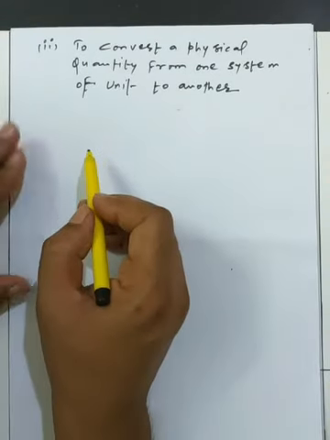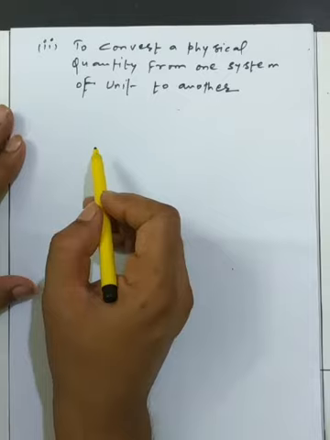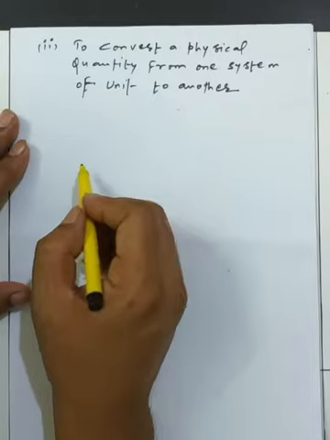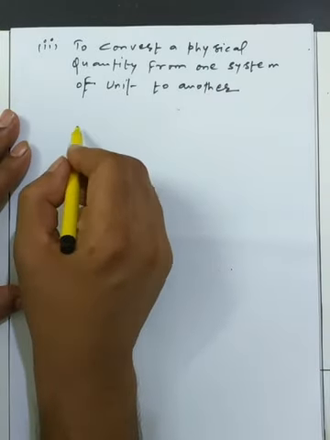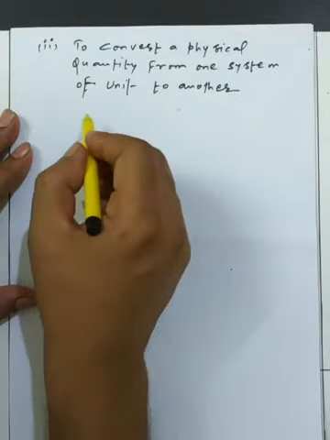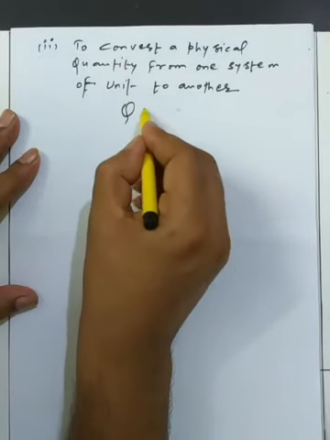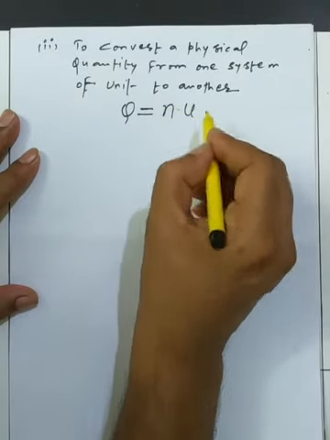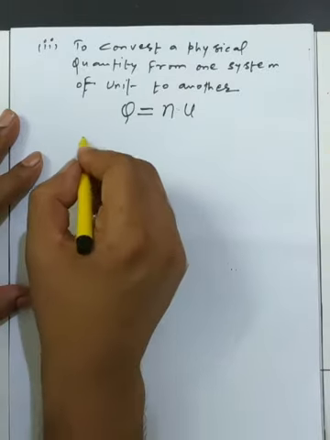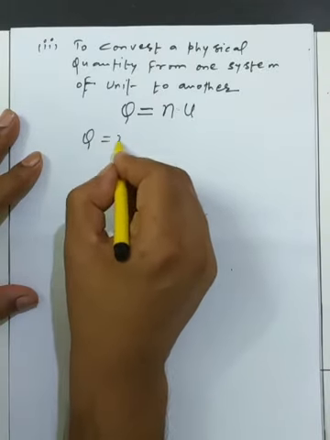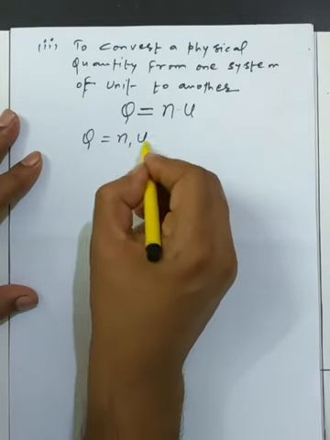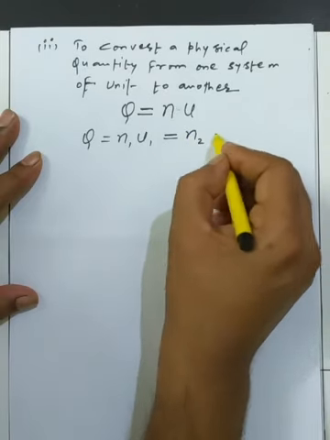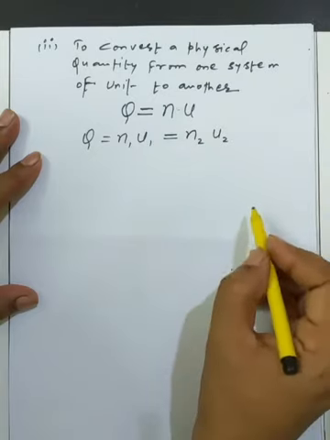Now dear student, we have the second application: to convert a physical quantity from one system of units to another system. Generally, we take a formula which we use to convert the magnitude of a physical quantity. We represent a physical quantity as the product of a numerical value and its unit in a given system. So Q has magnitude n1 in one system with unit u1, and it equals n2 with unit u2 in the second system.